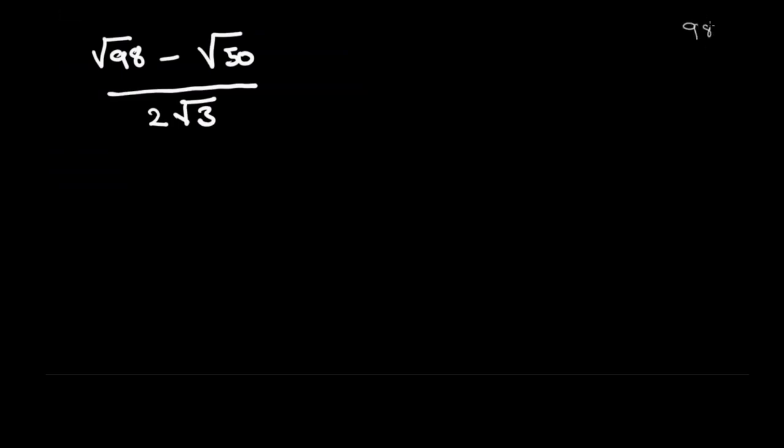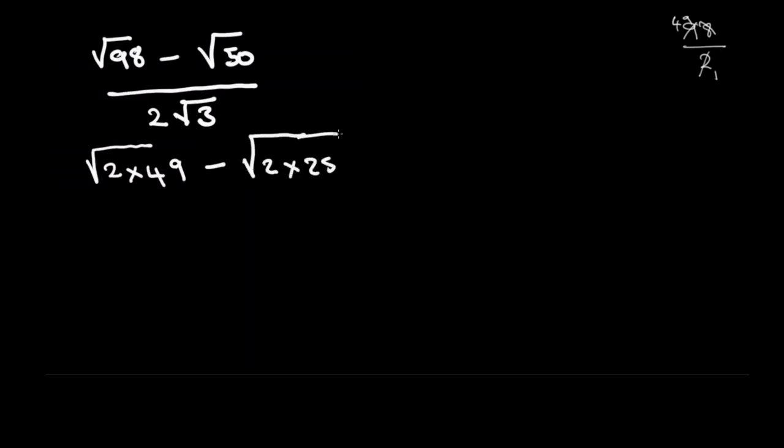Firstly, what is half of 98? 2 into 2, it's 1. 2 into 9, that's 4. Remainder 1. 2 into 18 is 9. Meaning that instead of writing it as the square root of 98, we can rather write it as root of 2 times 49. We can do the same to the square root of 50, which will become root of 2 times 25, over 2 root 3.